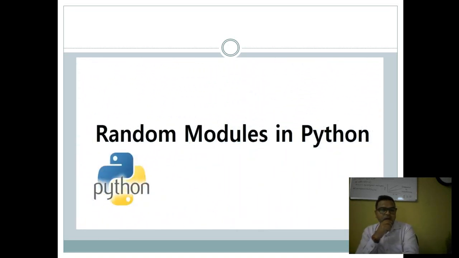Now the random module in Python, meaning how a random module is used in Python. This is a new topic for you, it is important, and I am going to emphasize this random module. The basic is how to import: import random, or from random import the function name. But what random means, for that I am going to discuss with you some real world examples which you have already seen somewhere, on YouTube, on any website, or even by physically playing something.